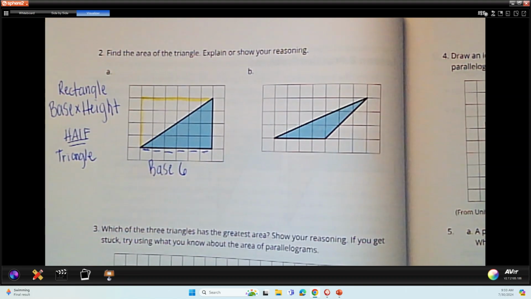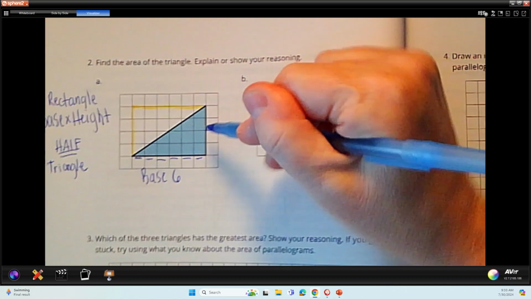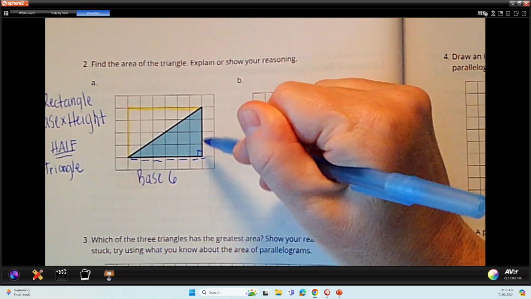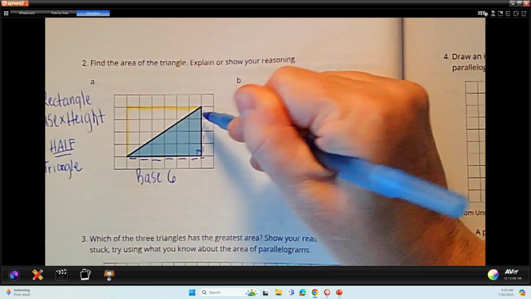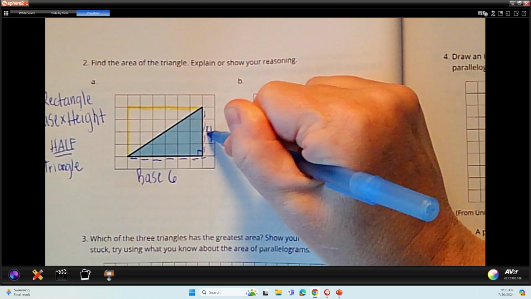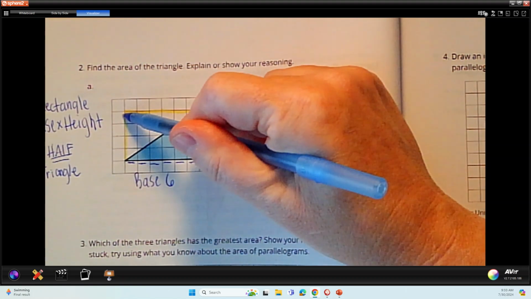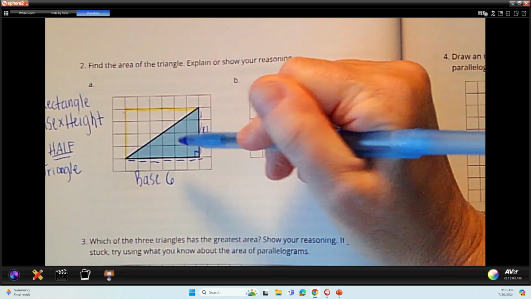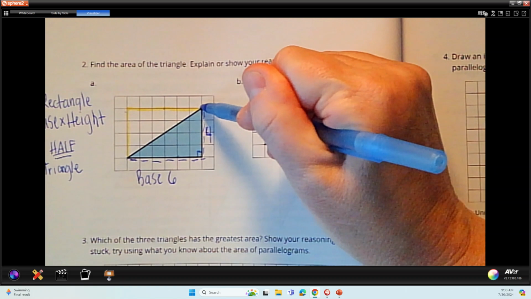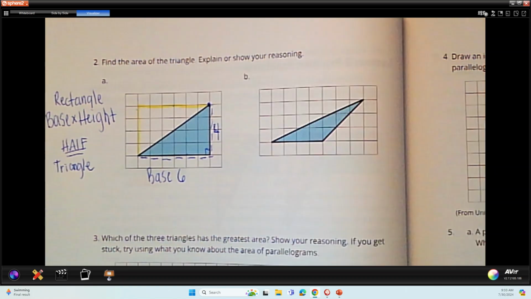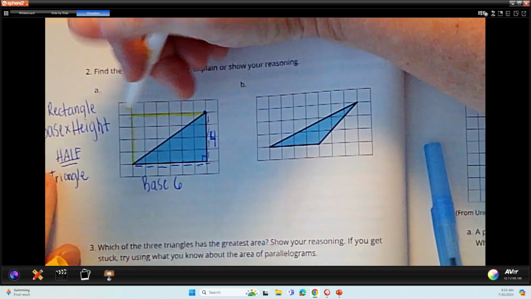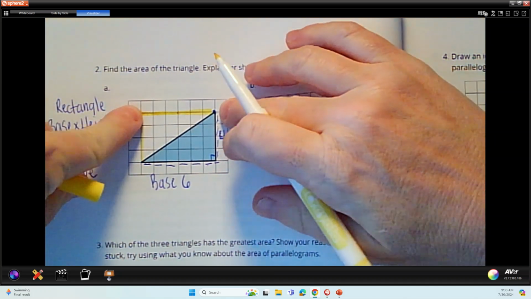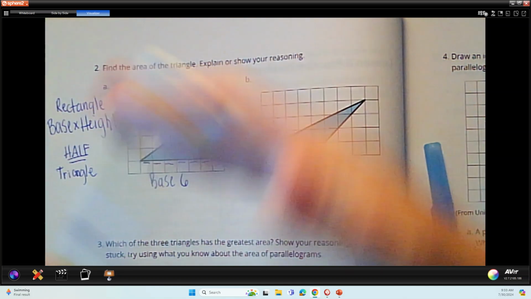And my height, now the height is very easy to see right here. Do you see that right angle? There's that T that we talked about, perpendicular. And there's 1, 2, 3, 4 going up the side there. Okay. And again, I can find that height here, here, and here. I can use any of these line segments to find the height as long as I'm going from this point, this line. And again, I love using that marker because you can see the invisible line. It's almost like this invisible line up here, like the ceiling, and you're measuring from the ceiling to the floor,